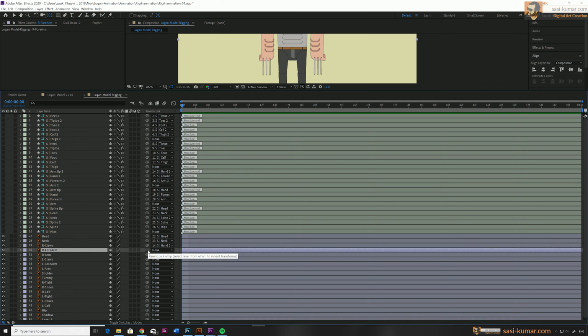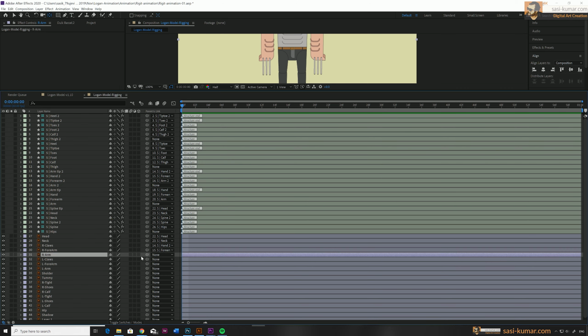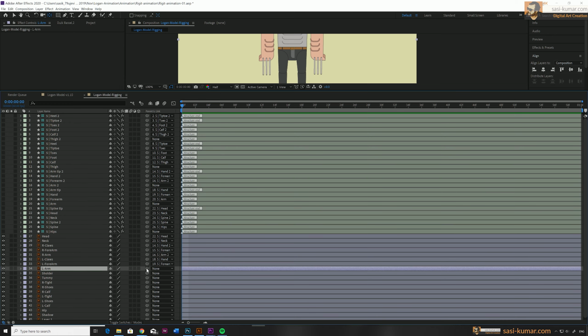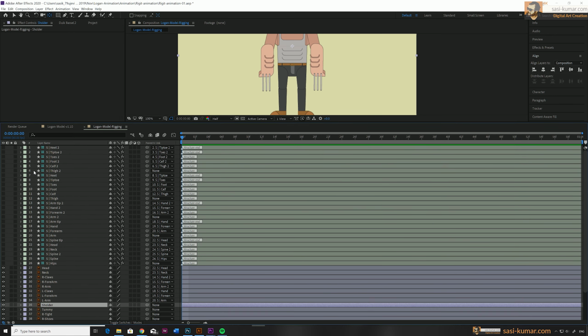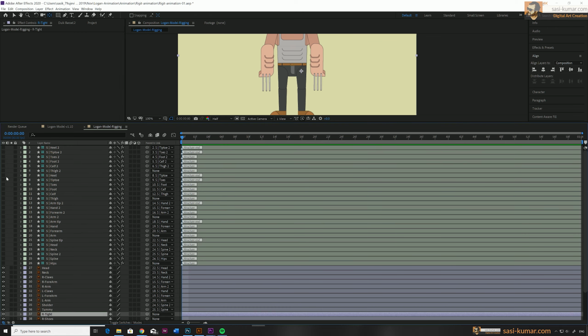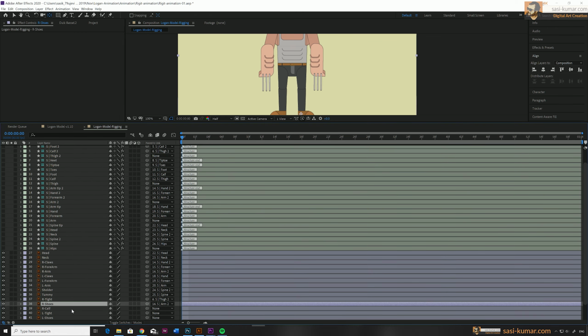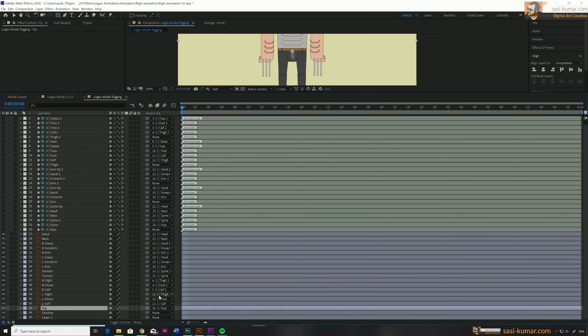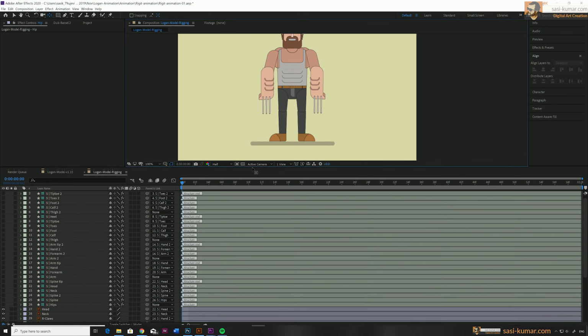For the right forearm, it's going to be the forearm 2, arm 2, this one. So like that you can select the parent for all these body parts from the structural bones on the top. I will make this part also faster. Alright, so now we have connected all of our body parts to individual bones.